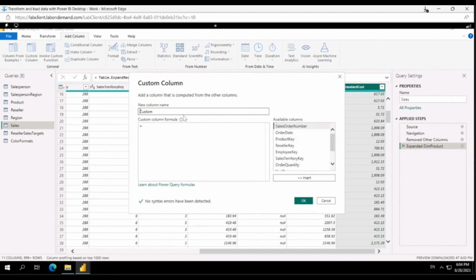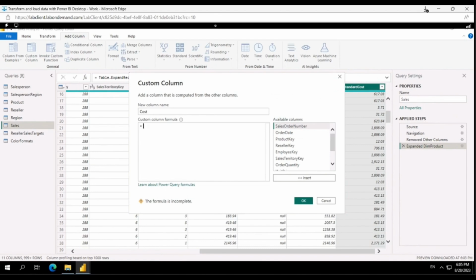We'll rename this column to cost, and then we will apply a custom formula, which means that we will select an if statement, and that will go like if the total product cost is null, then order quantity into standard cost you should multiply, otherwise